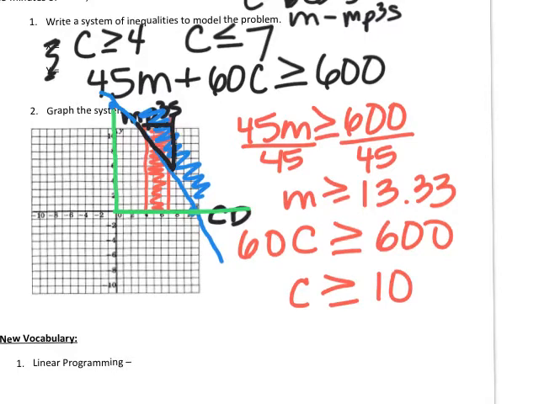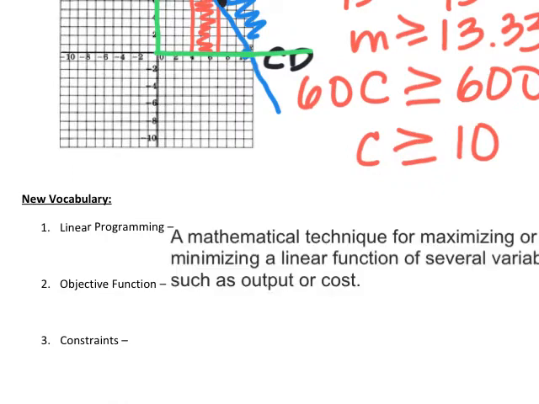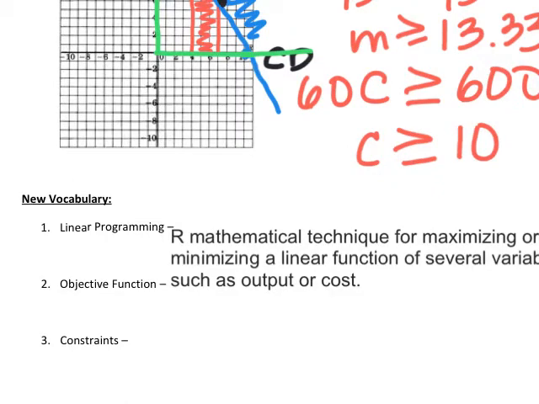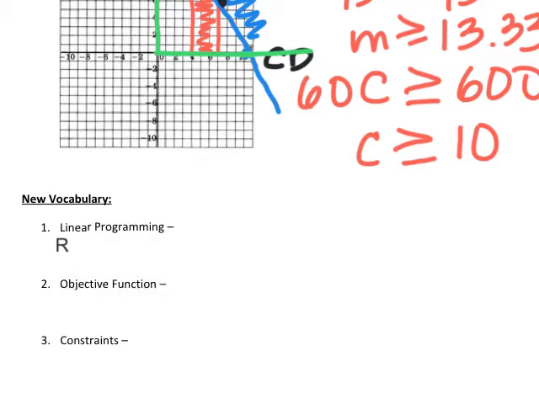Okay? So we're going to go down here and do some definitions, and I'm actually going to probably type these in so it's a little bit cleaner for you. Let me get it down where I want it to be. So linear programming, get this stretched out for you. The definition of linear programming is a mathematical technique